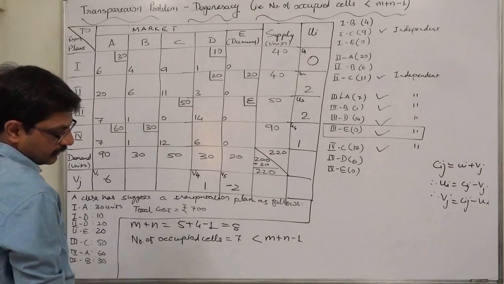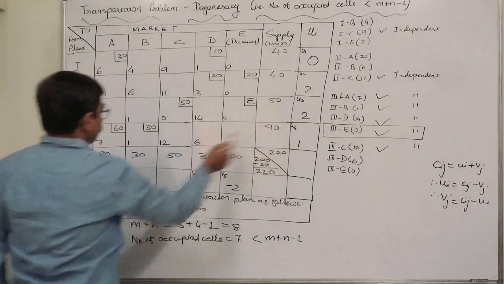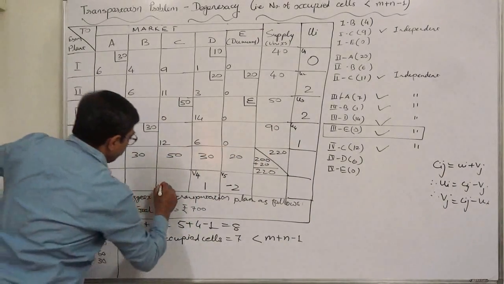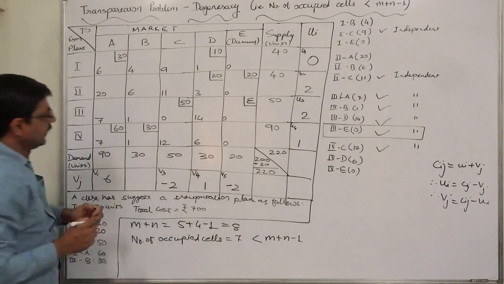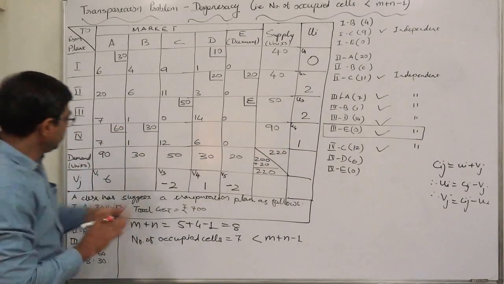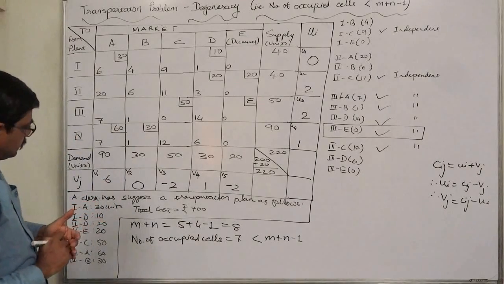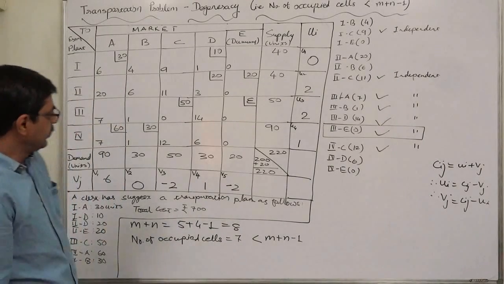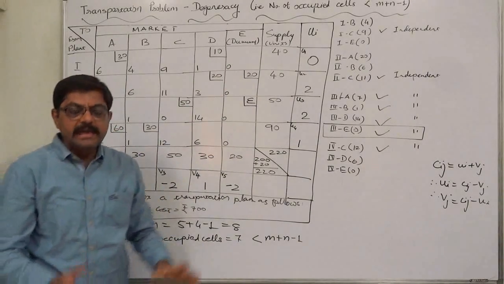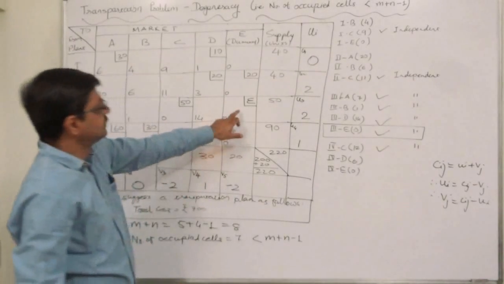Then how can we arrive at these two values? Yes, on the basis of these two U values, we can have these two V values. 0 minus 2, so this value of V will be minus 2, it is V3. And similarly, C minus U, 1 minus 1, this value of V is 0, that is V2. In this way, we have all Ui and Vj values. Now we can calculate Dij values for all empty cells except this